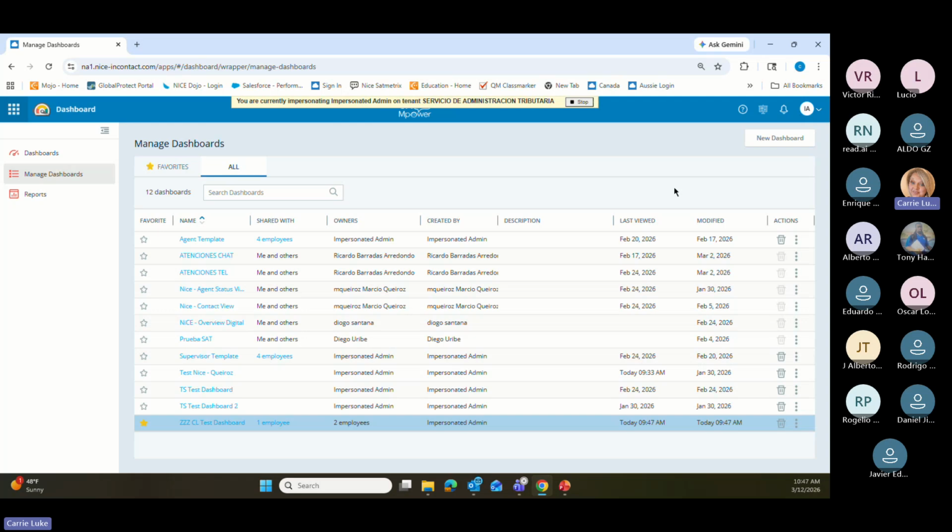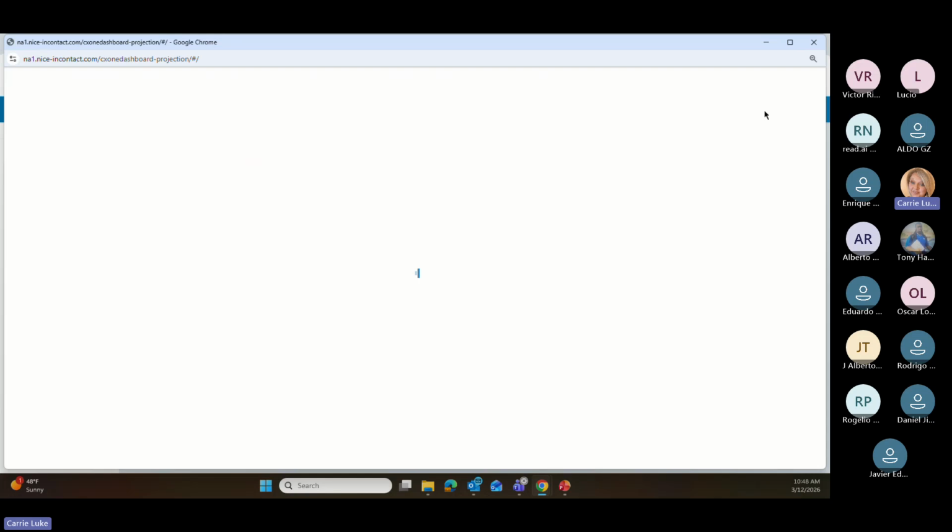Now, we have the ability to project a dashboard. So if you have an extra monitor in your office and you wanted to project a dashboard, you could do so. To do that, you would just find your bell notification right up here at the top. And if you come to the left of that, you're going to see this little projector screen. So if you click on it,